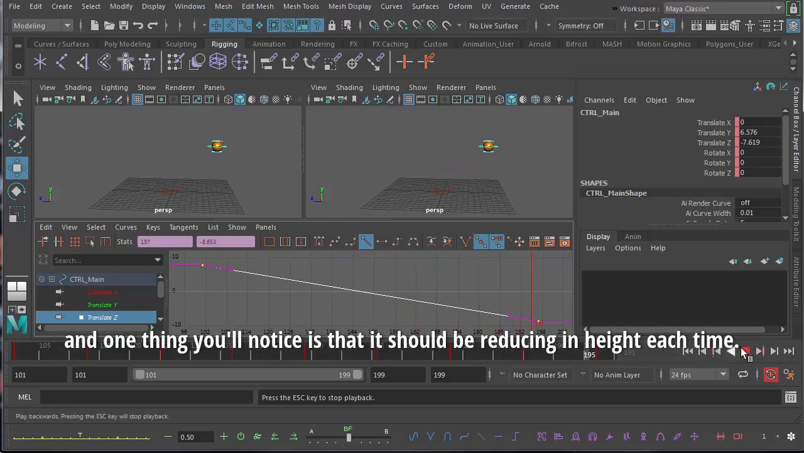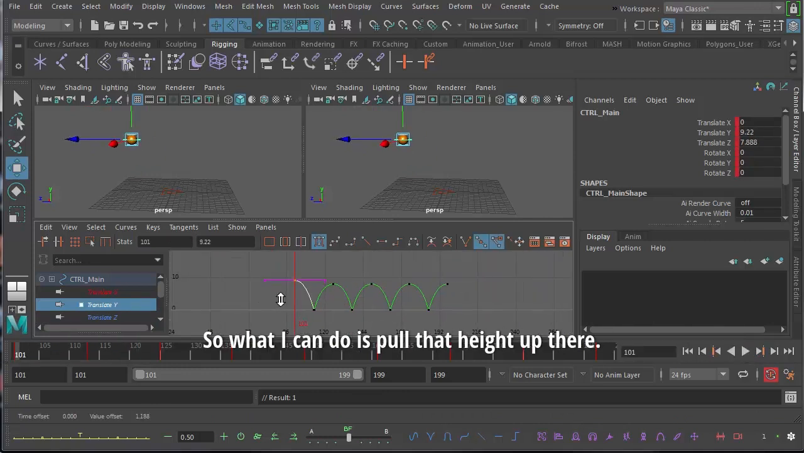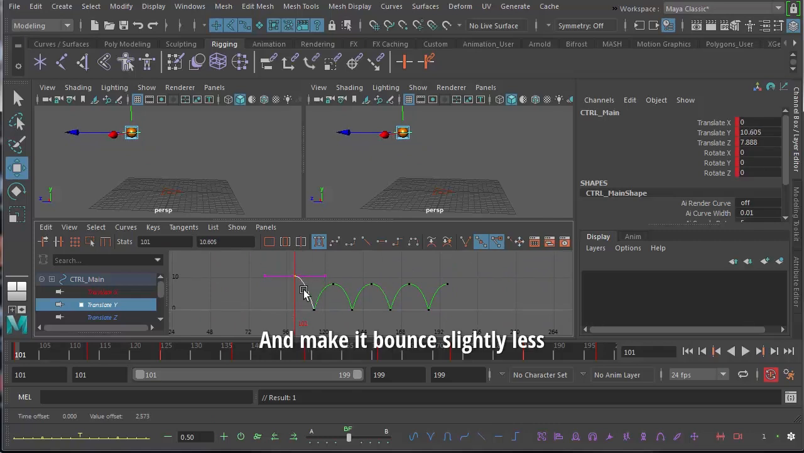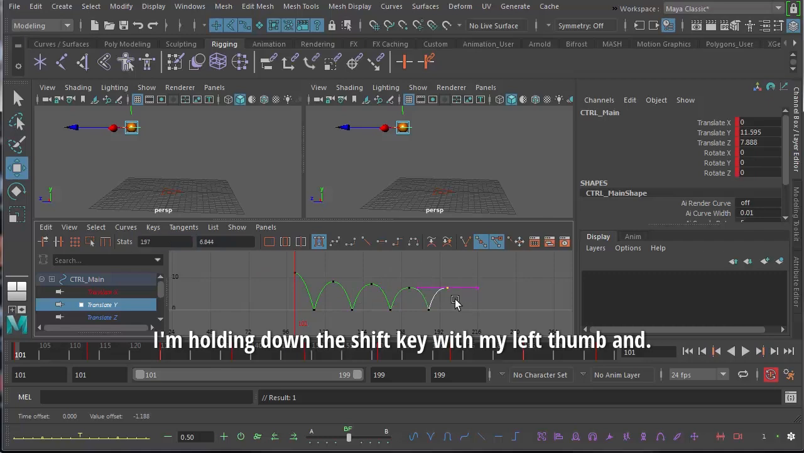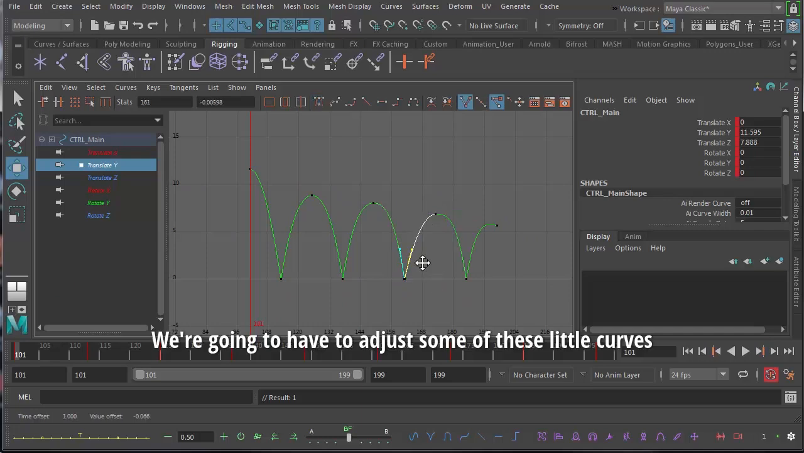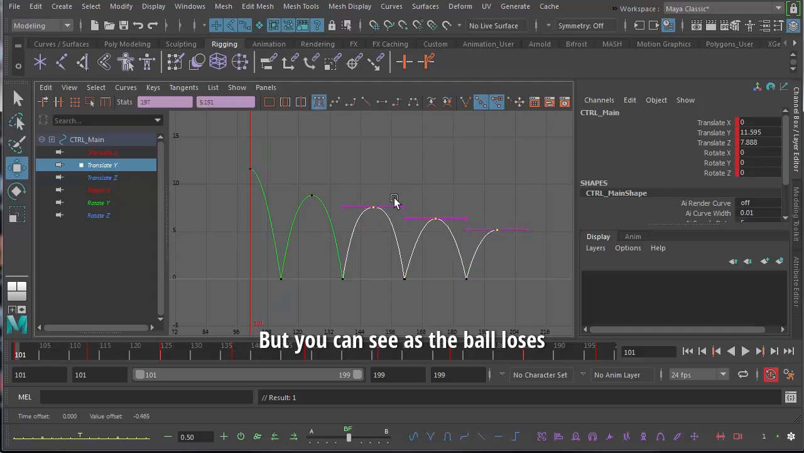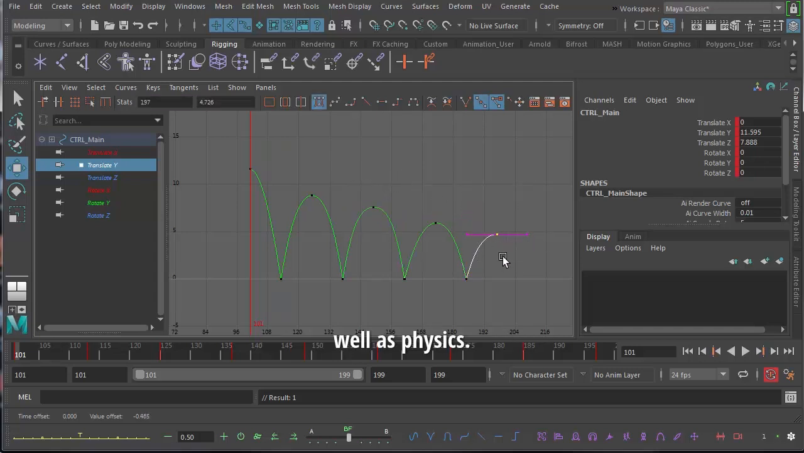And one thing you'll notice is that it should be reducing in height each time. So what I can do is pull that height up there and make it bounce slightly less each time it bounces. I'm holding down the shift key with my left thumb, and we're going to have to adjust some of these little curves here to stop this getting too crazy. But you can see as the ball loses, or as physics